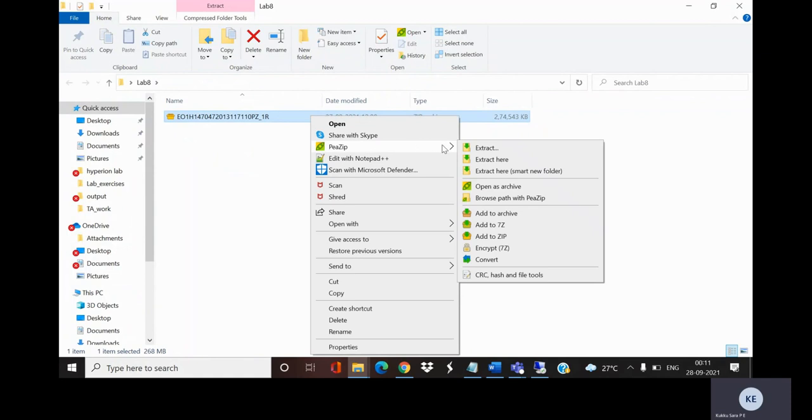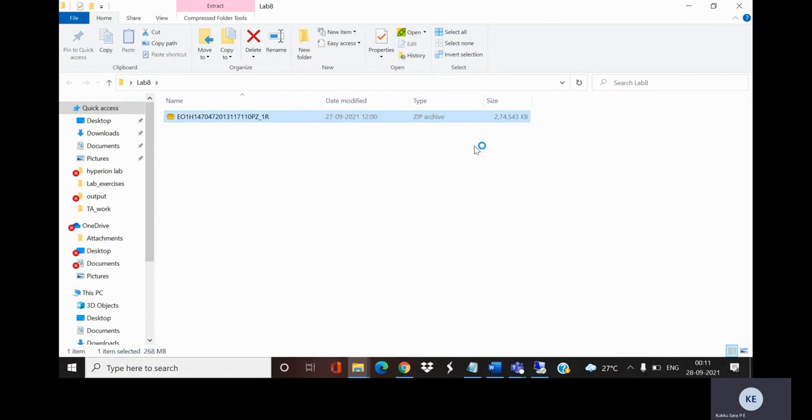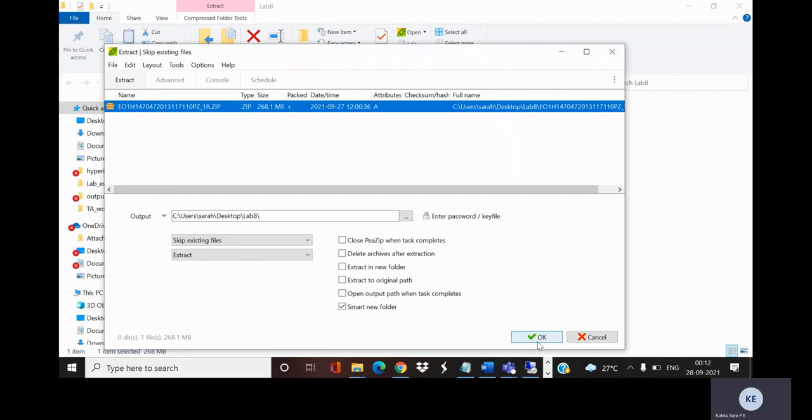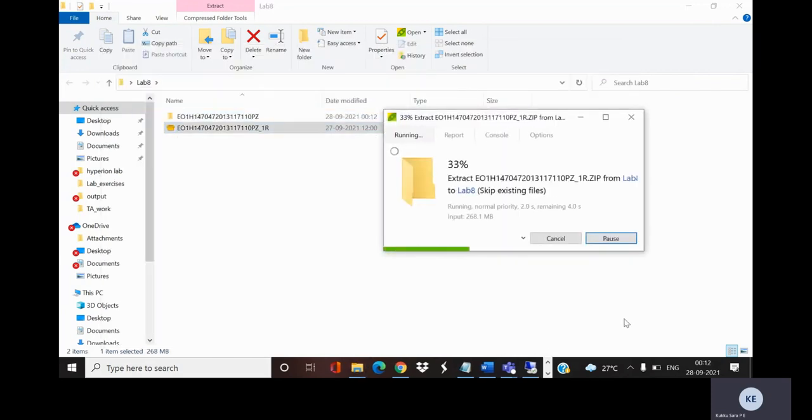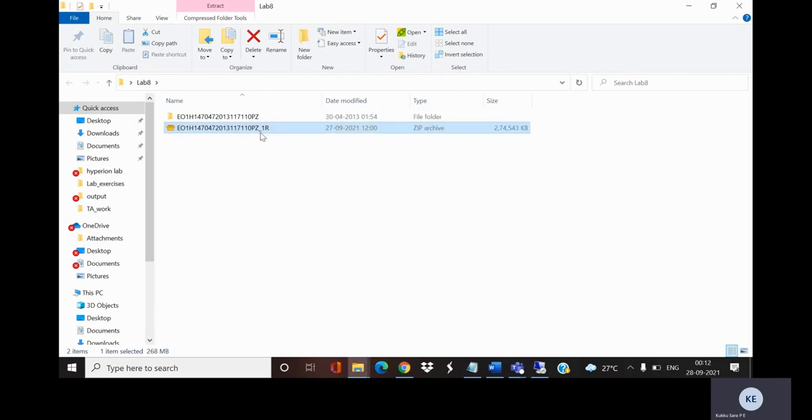Extract the downloaded zip file. In the file name, EO1 stands for the EO-1 satellite, H is for Hyperion, the sensor name, 147 is the path, 047 is the row, then 2013 is the year of acquisition, then 117 is the day of the year.